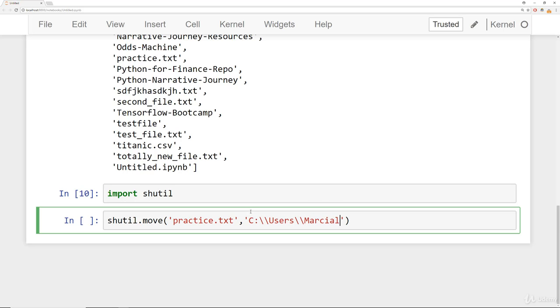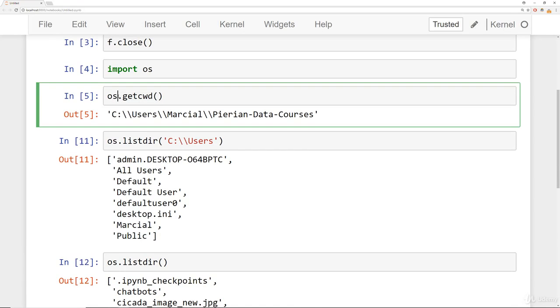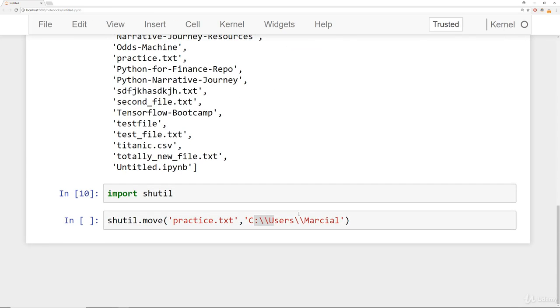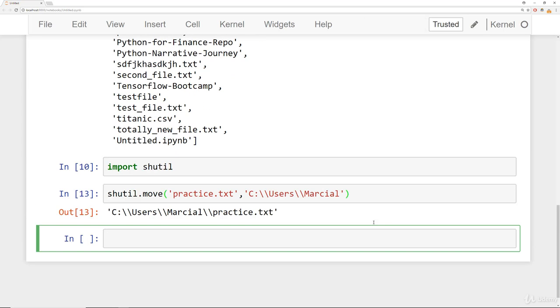And note the actual syntax here. If you're on Linux or Mac, you're going to want to make sure that your forward slashes or backslashes follow the same syntax that is reported back to you when you call getcwd. Maybe you'll have single forward slashes on Mac or Linux computers. Follow that format. If you're on Windows, you'll follow the double backslash. Okay, so this is saying move this practice text file to this location on your computer. So when we run this, it reports back the final location of the file, so it looks like it moved it. Let's confirm that it moved it